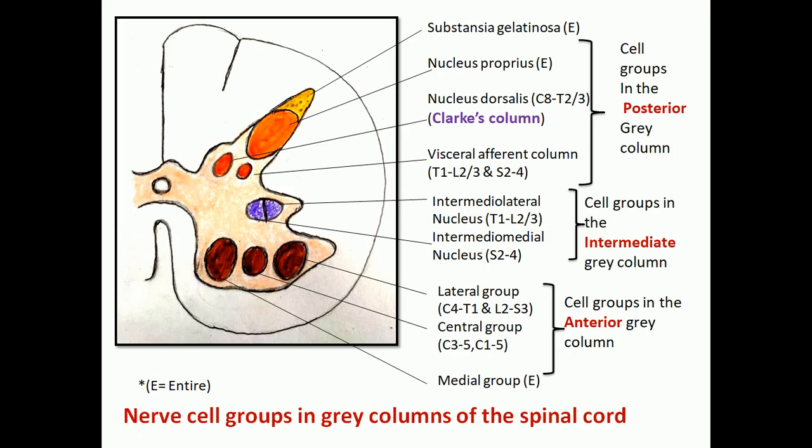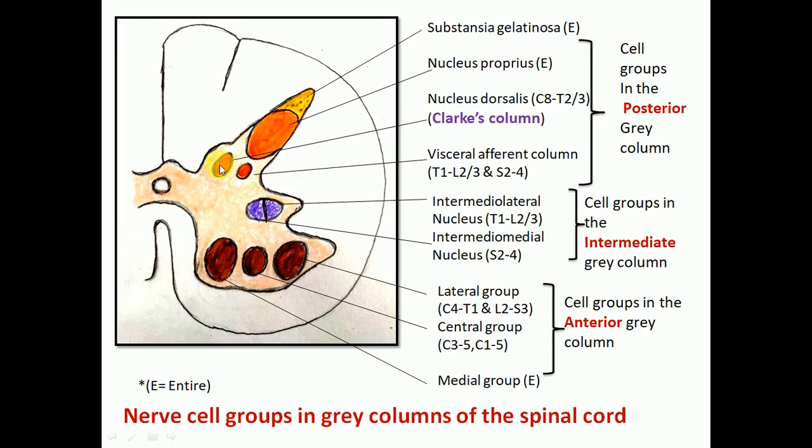Now, anterior, or ventral, to the substantia gelatinosa there is a larger nucleus, that is the nucleus proprius, that is also present throughout the length of the spinal cord, and that portion is related with the proprioceptive sensation. And next to this there is the base of the posterior horn.